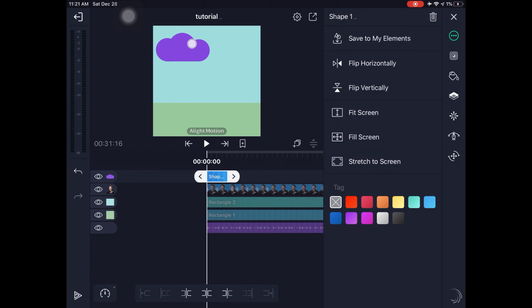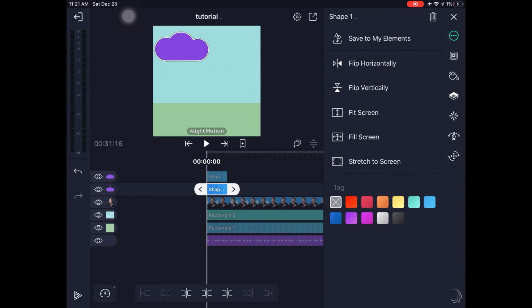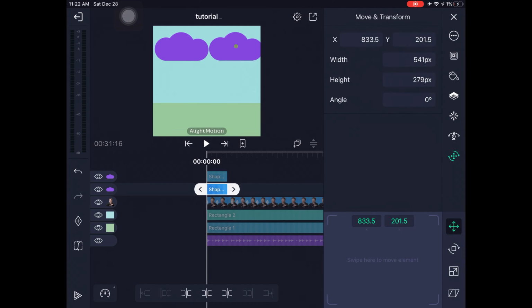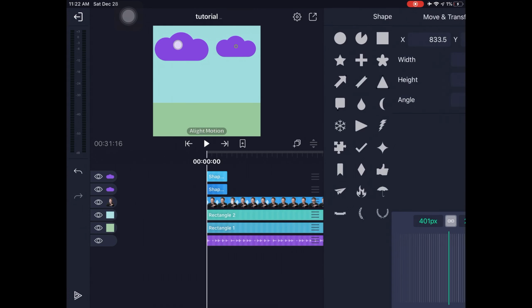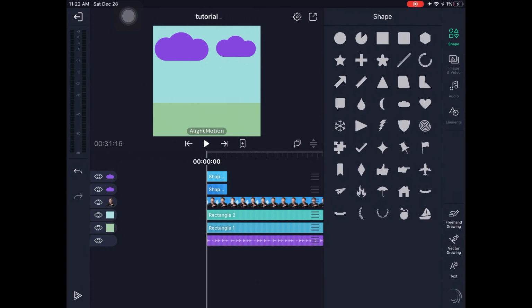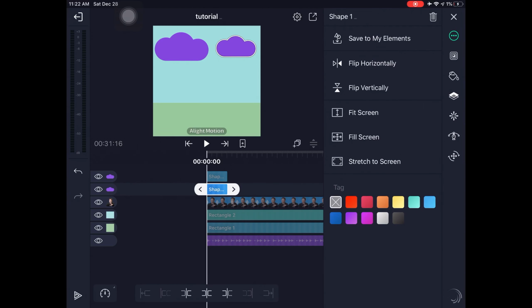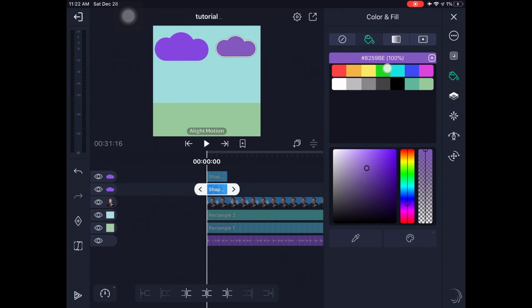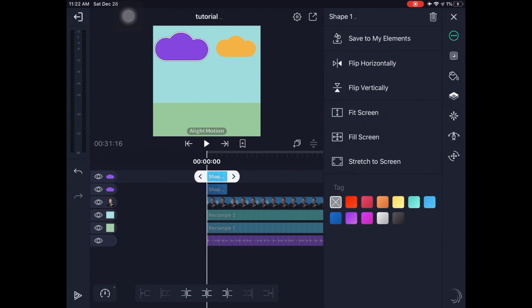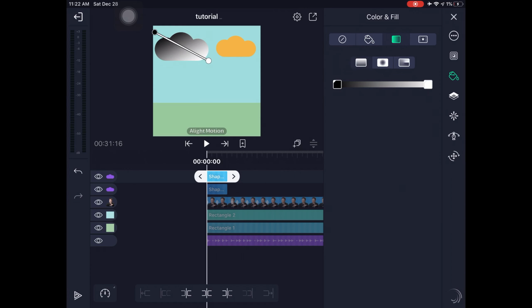So I'm at a cloud there, and I'm at another one. Let's add another one. So I click duplicate layer, and let's just move it this size here. And I'm not adding a keyframe here. This is just me adjusting it. Okay, so we have our two clouds here. I'm gonna make them different colors. Let's do an orange, another one. Let's go with